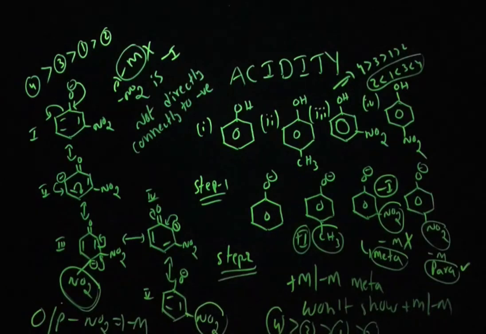So you have to choose the fourth one as more stable, then the third one, then the first one, then the second one. This is the stability order of the conjugate base. The conjugate base stability order is equal to the acidity order of the compound. That will be 4 is greater than 3 is greater than 1 is greater than 2. But in the question they were asking about decreasing order, so 2, 1, 3, 4 is the correct answer.